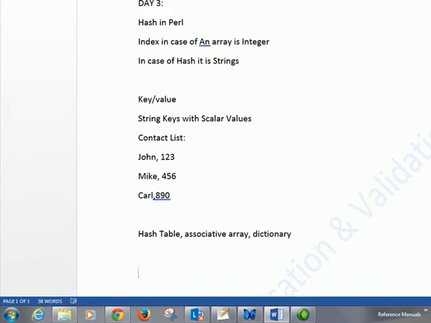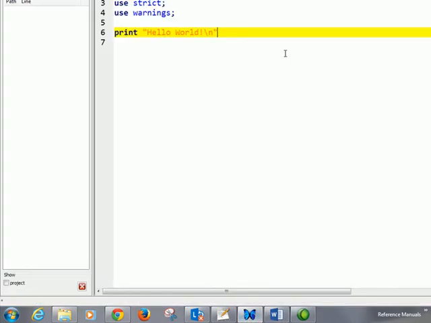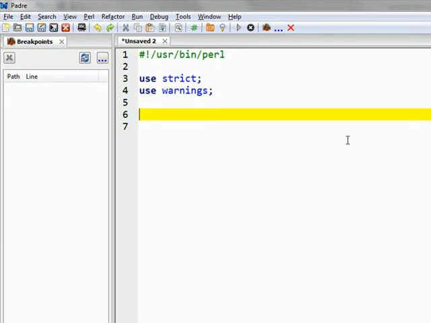Now in arrays, let's look at an example. This is an array. Let me call it country: India, Pakistan, Bangladesh.